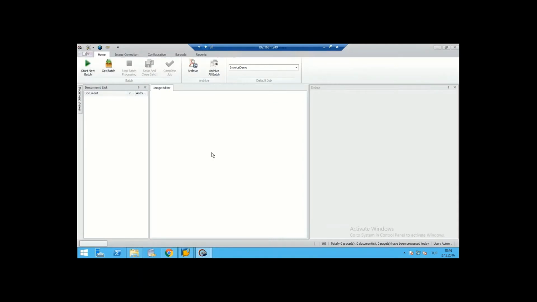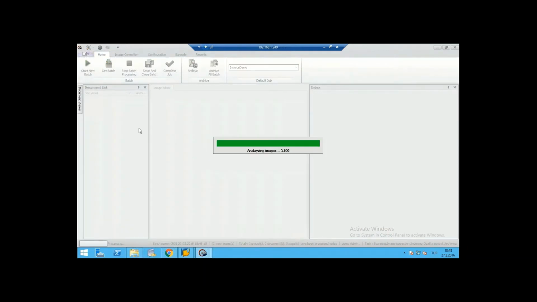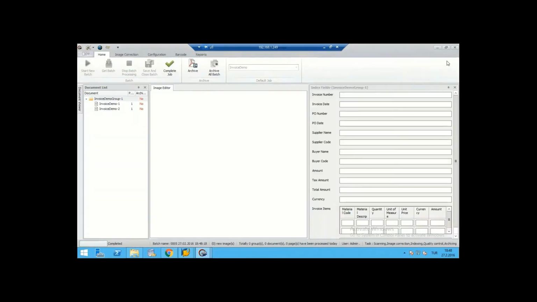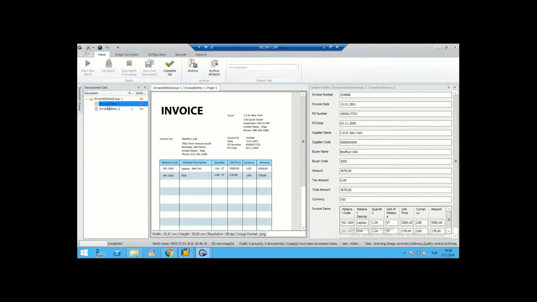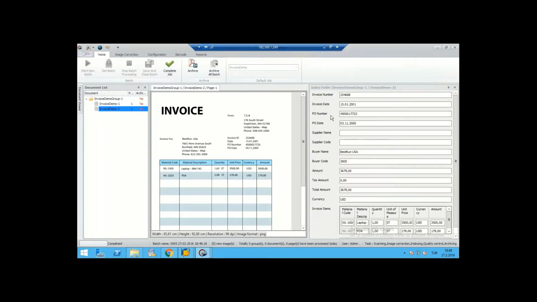I just want to show you the interface of Capture, and I will use just two of them. I'll use the last invoice documents to digitalize the operation. Yes, we can see the invoice documents that are captured, and all fields are digitalized